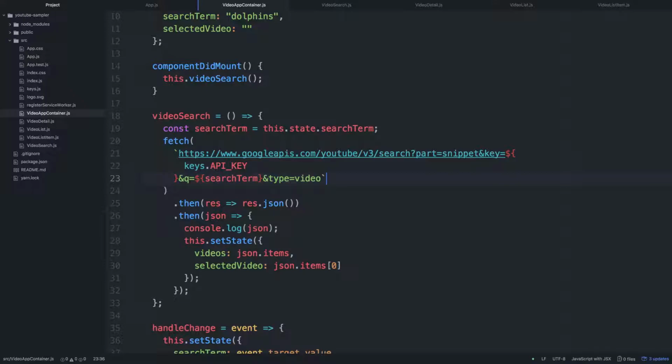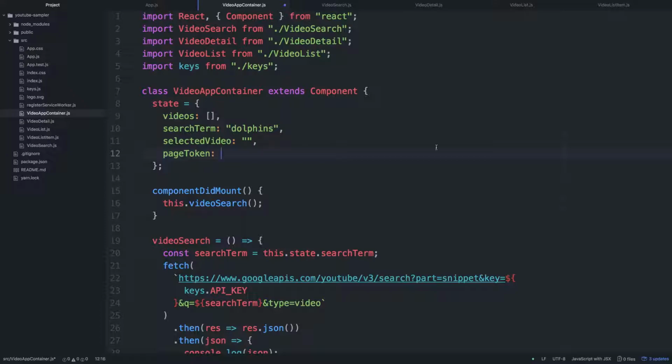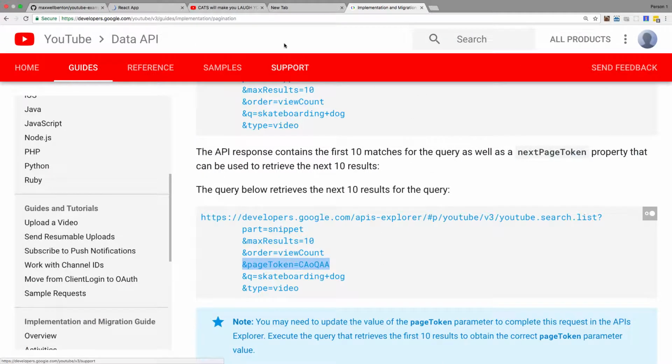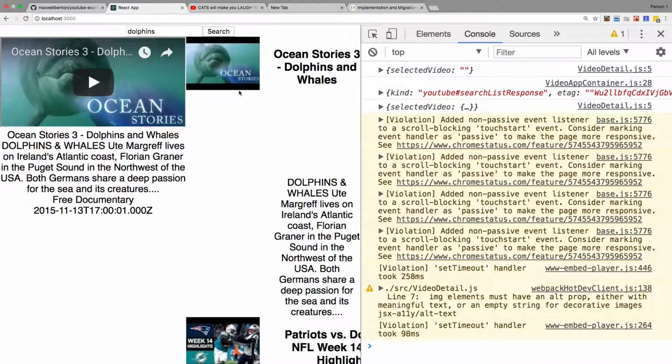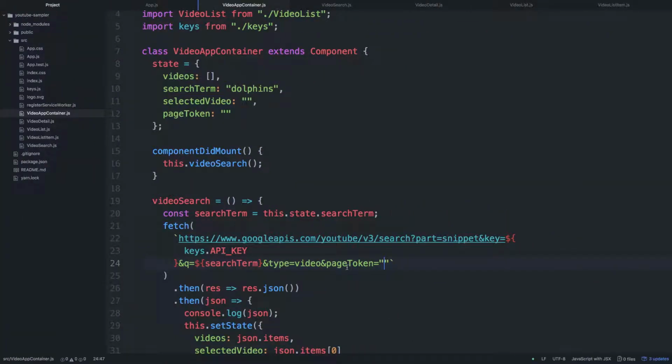So what I could do is something like page token. Now I don't know, it might actually still work. That would be great if it still worked. Let's see if this works. It did work. Okay, cool. So if the page token is interpolated in as this dot,